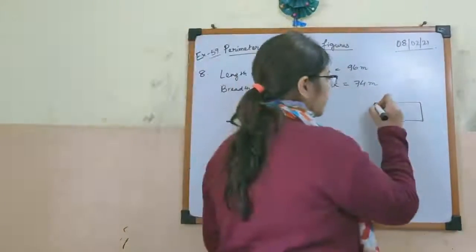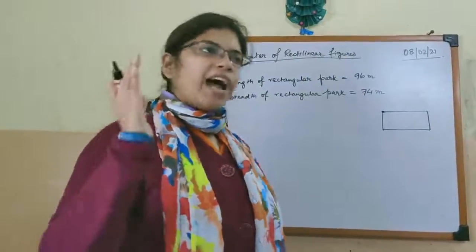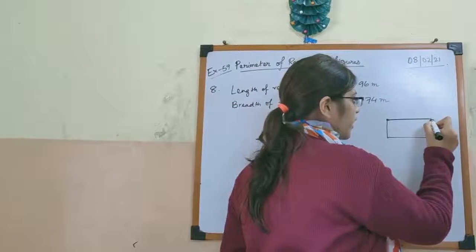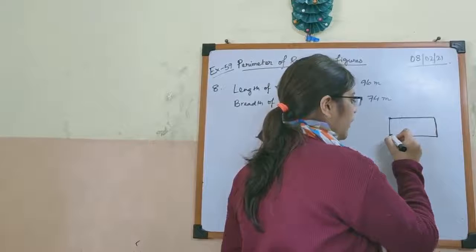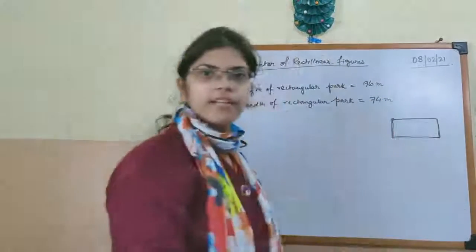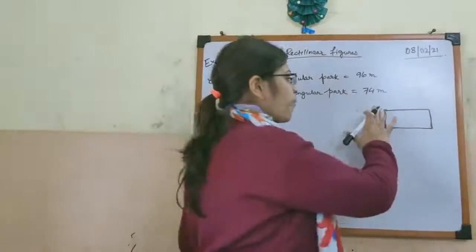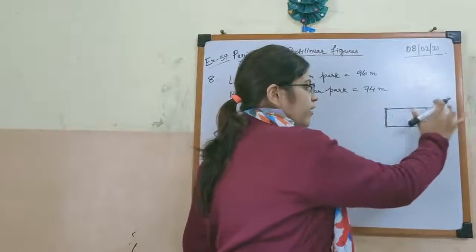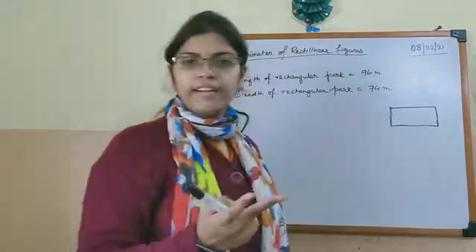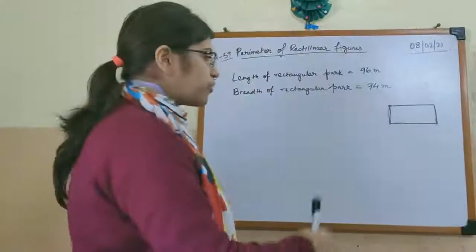So that means if the boy starts from here, the first day when I was explaining the perimeter part, I mentioned that if someone starts from here, runs in this way, then again here, then here, and then stops here, he has covered the total outside boundary, that is our perimeter. But in this one, the boy didn't stop here. He ran the whole boundary once and then the whole boundary a second time. So that means we have to first find the perimeter, the outside boundary.